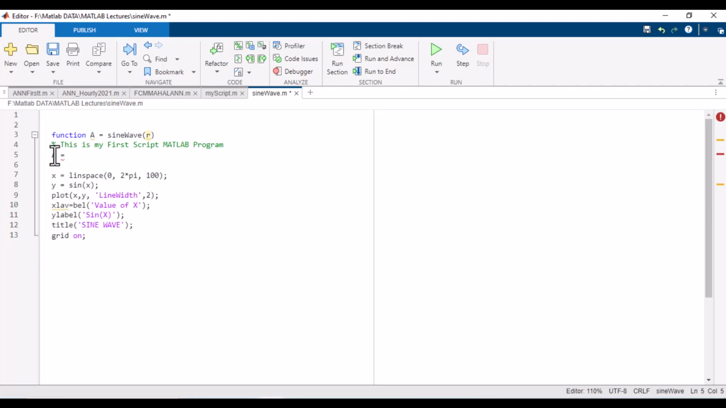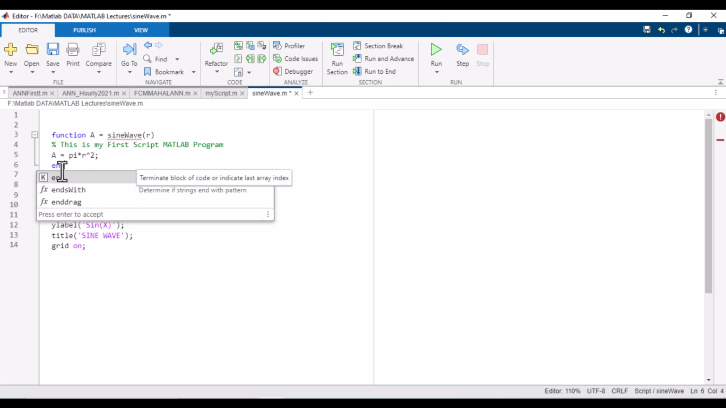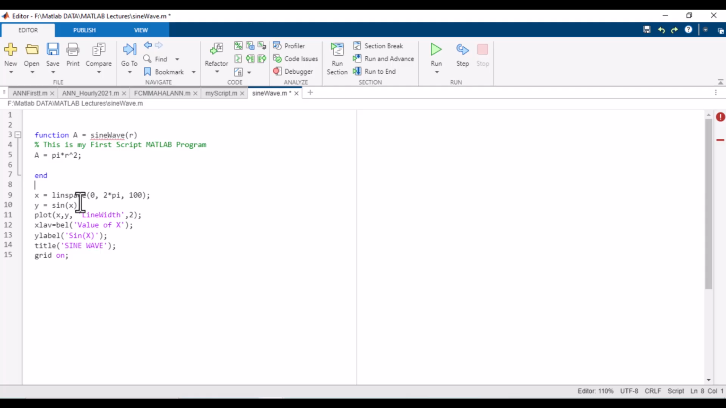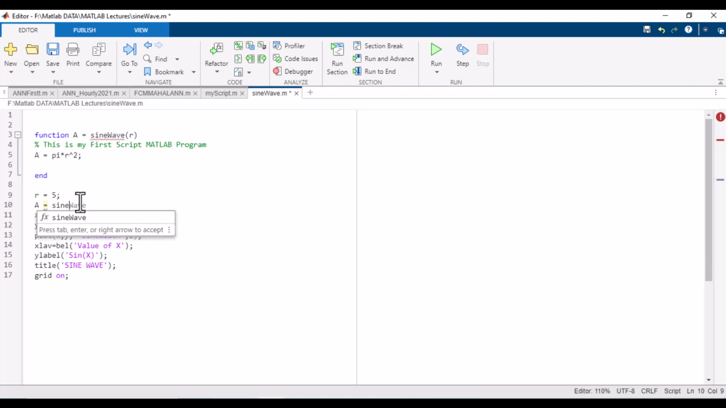and inside the function I'm writing some commands, pi into r square, and then when the function ends, I have to write end here. It will end the function. So after end, I'm writing r value, then write the function name sine wave and put the r value here,